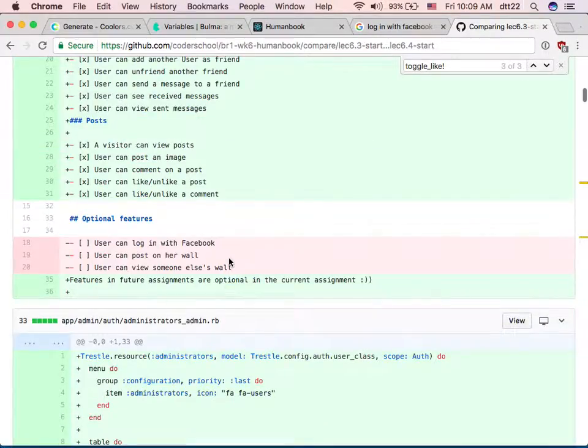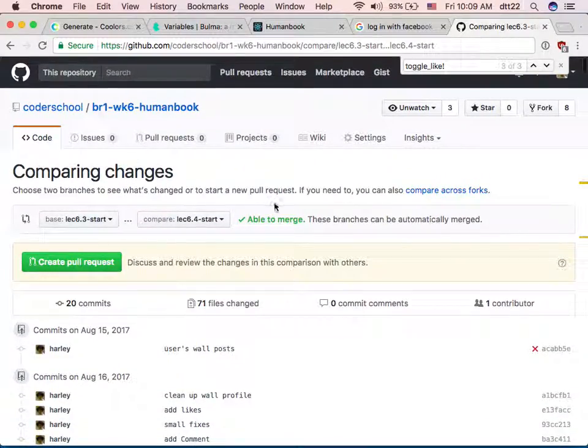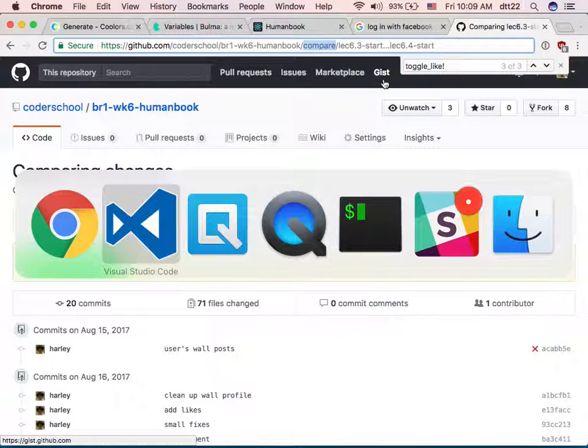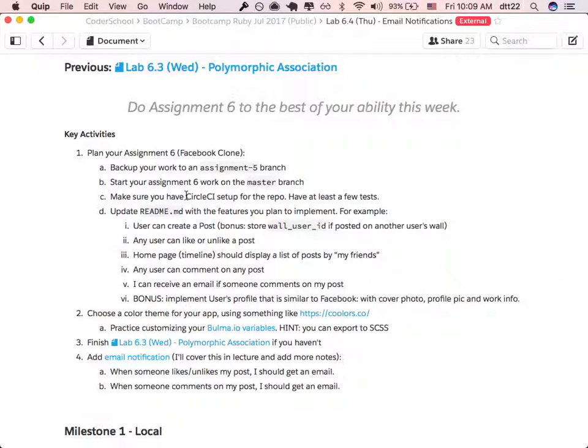you guys know how to use the branches, right, to your benefit. You can compare them like this, okay? / compare branches. Now,